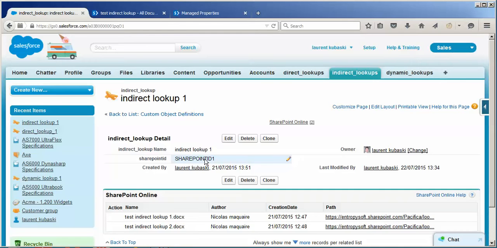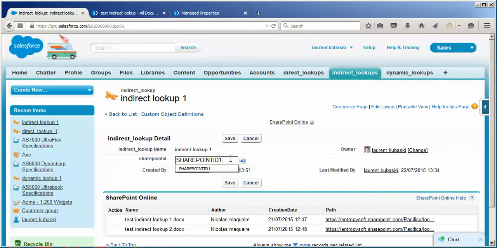The constraint you have is that this value must be unique across all your Salesforce records. So in this case, my Salesforce record is an indirect lookup object. That's the name of my record, and this value must be unique. You cannot have two Salesforce records that have this value. So if I change this from 1 to 2, and if I hit save,